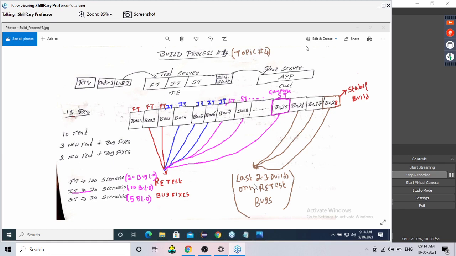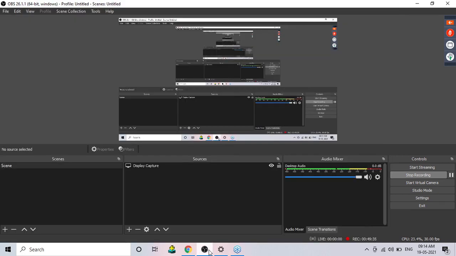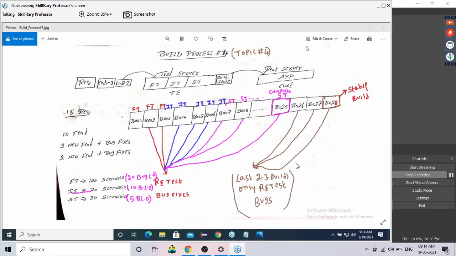Comma, bug fixes. Guys, all of you understand, I am not giving you the definition of build 1 or build 2 or build 3. In general, I am talking, because no one will ask you what is build 1, build 2, build 3, build 4. Generally, build means what? That definition I'm giving. It is a software that consists of some set of features, comma, bug fixes,